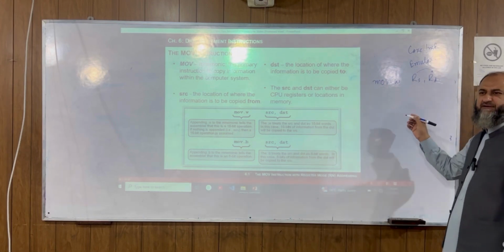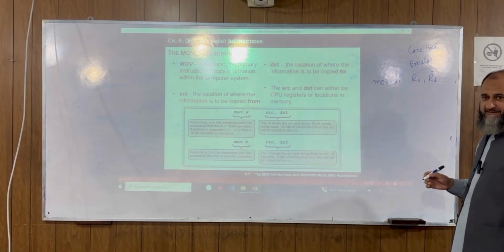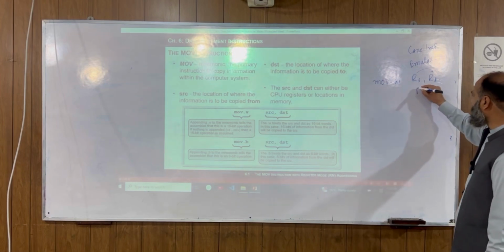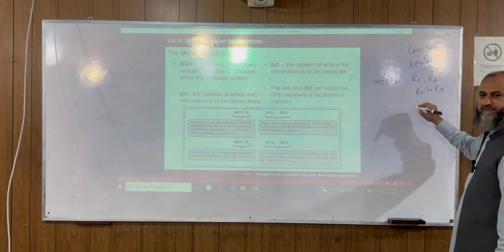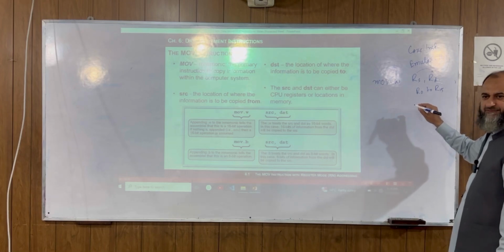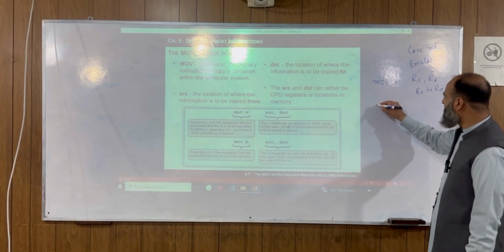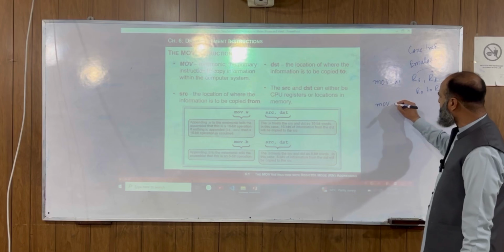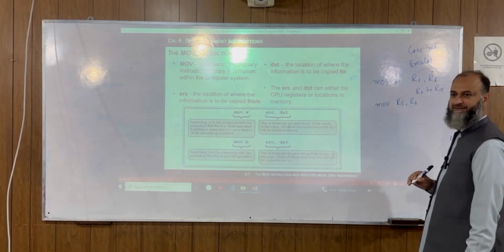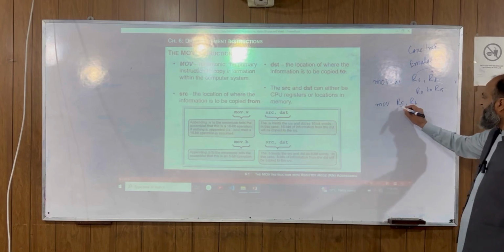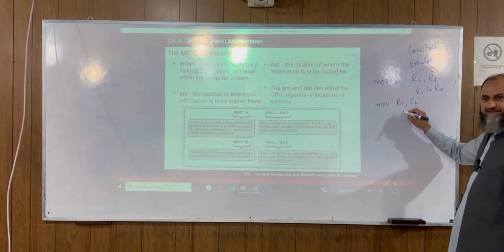You can write any combination of registers here. We have the registers from R0 to R15 and we can use them here. Suppose we have MOV R5, R6: it will move the contents of R5 into R6.